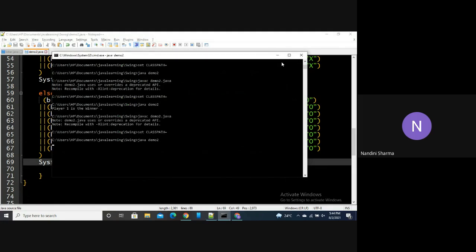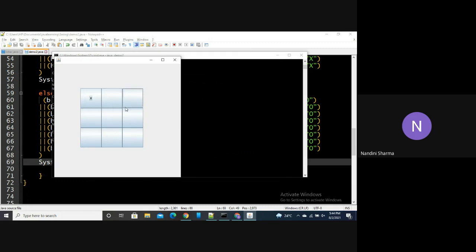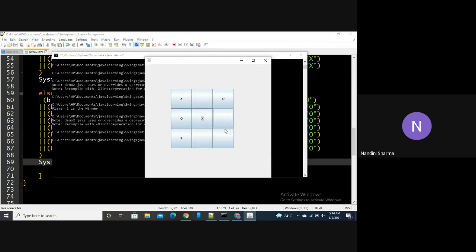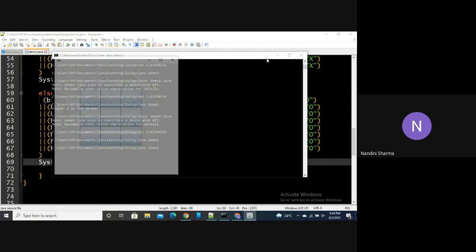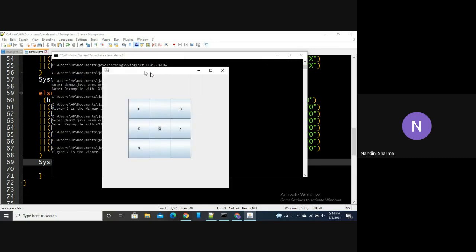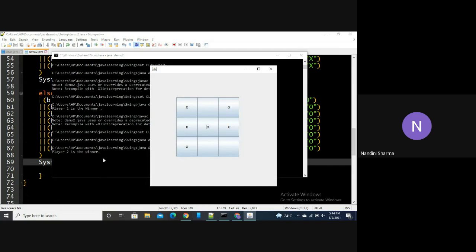Now, let's say you have cross, then you have O, then cross, then O, then again cross, and so on. No one will become the winner in this situation. But if you run again, player 2 is the winner. You have got this as output.